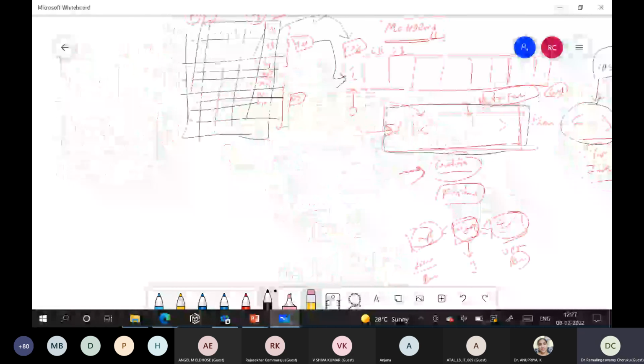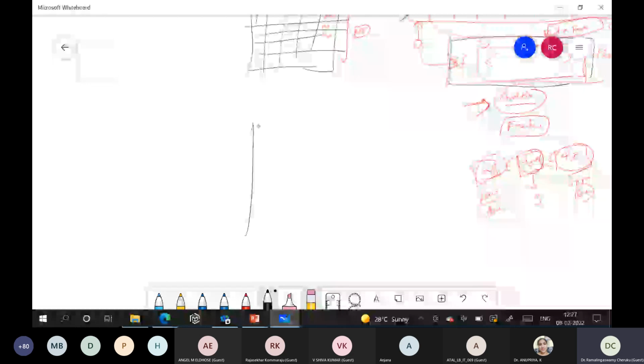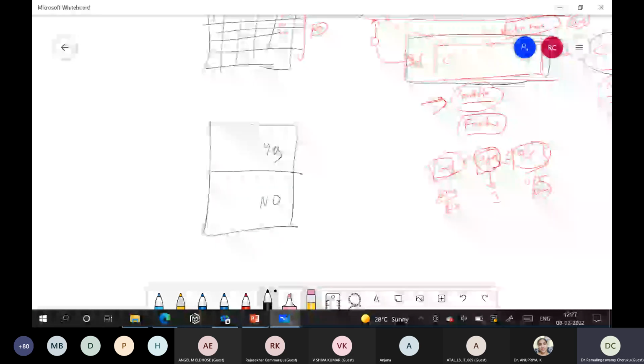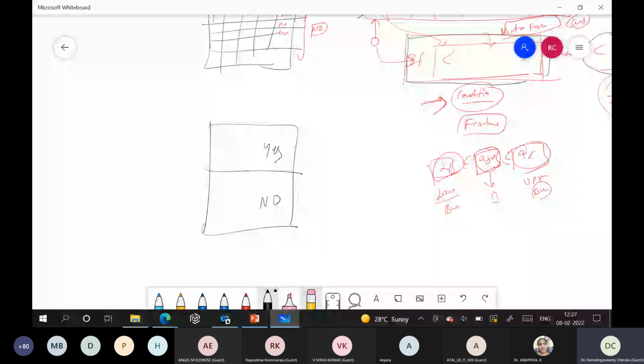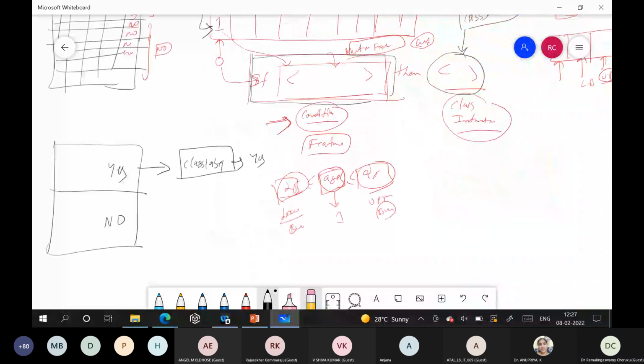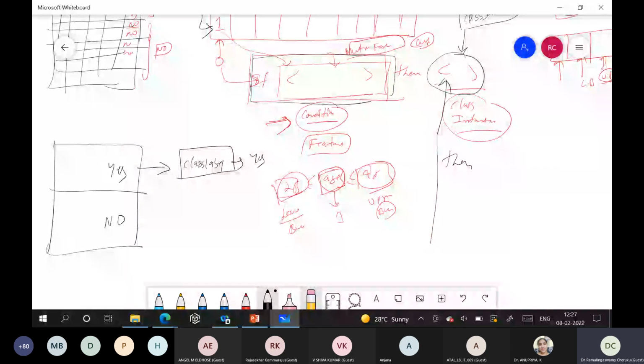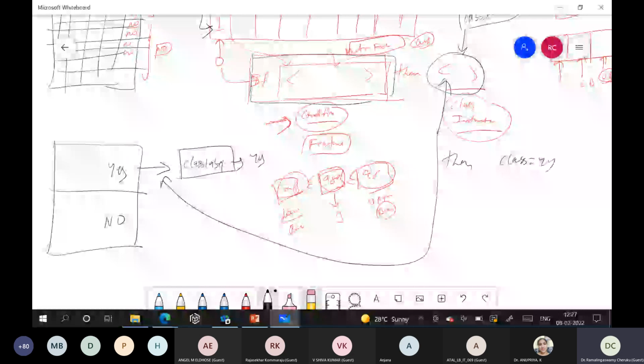Suppose you have a yes class data, and once you have the data, you have to segregate it into yes class data and no class data. For simplicity, if any rule is generated from the yes class data, the class label of that rule is the yes class. It means that the then part is fixed. To fix this, we generate the rule from positive class data to decide the then class as yes. If a rule is generated from the no class data, then the class is no.